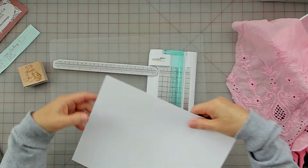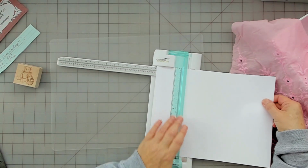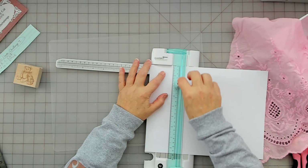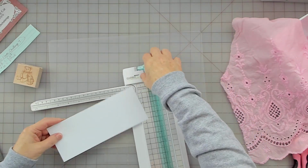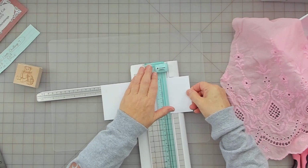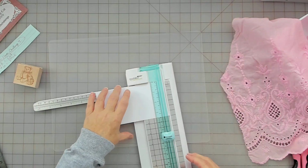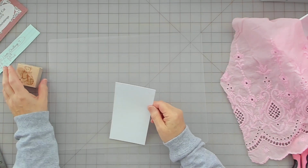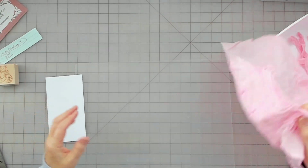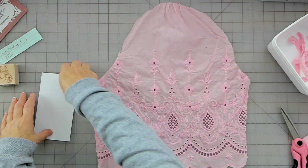3.5 by 6.5, so I'll go 3.5 this way. It doesn't have to be perfect. So there's that, I'll save that. And then 6.5. Save that little scrap. Okay, so there's my tag. Now I'm going to glue it to the back side of this. So let me figure out, okay, this is the back, but I want to figure out where my tag